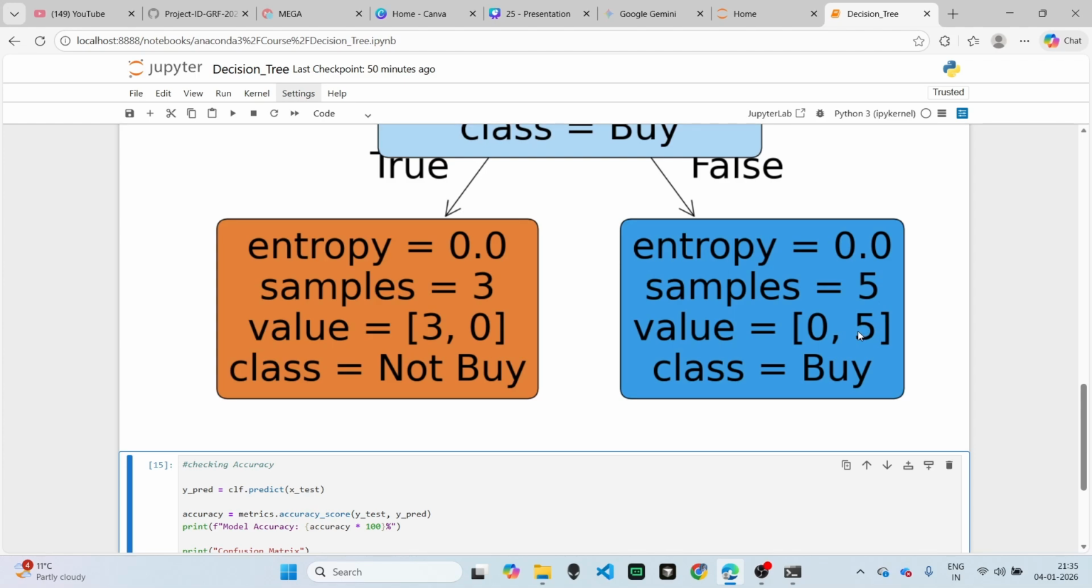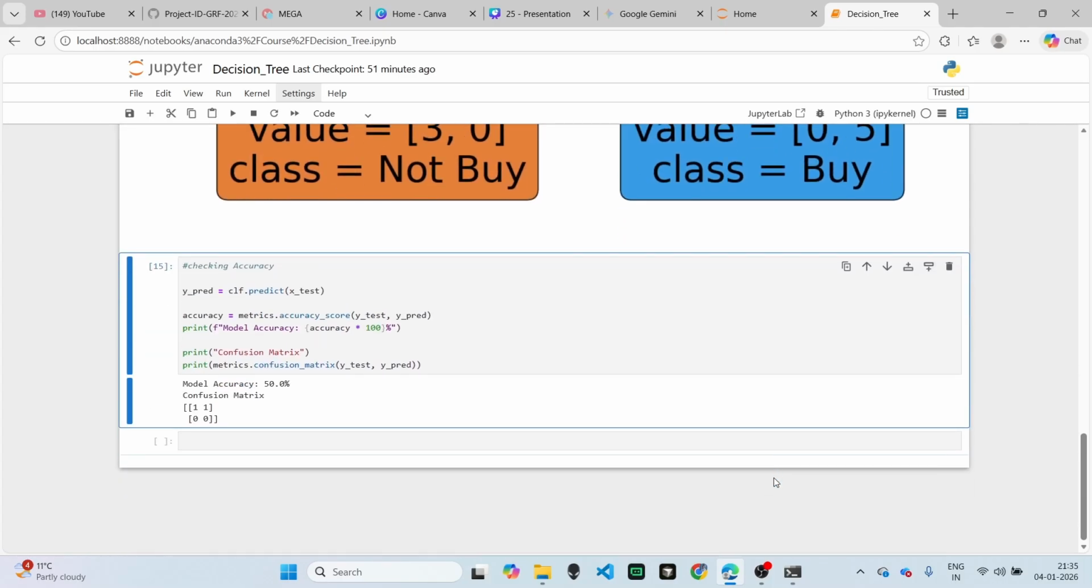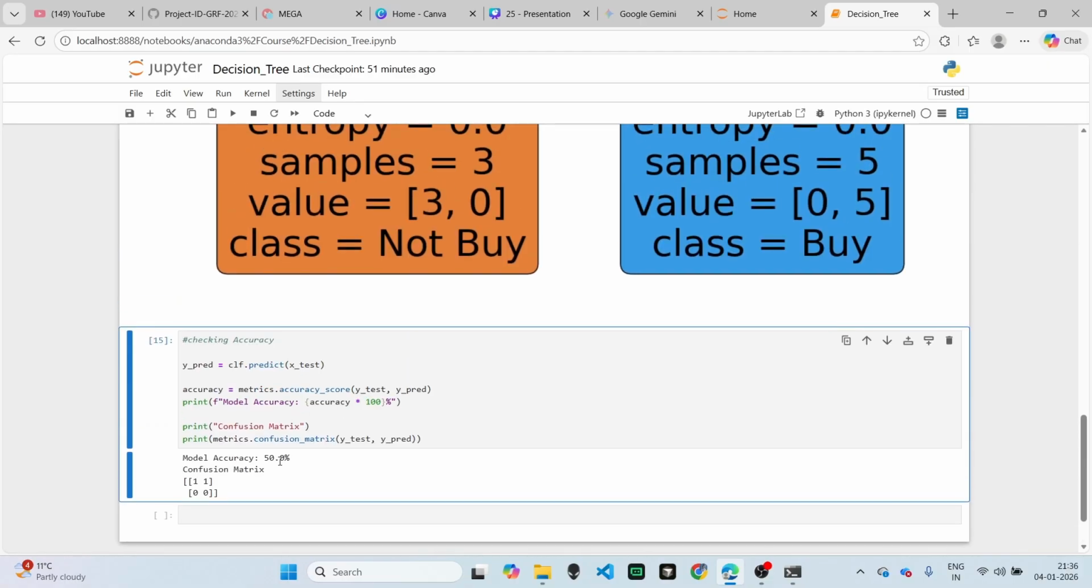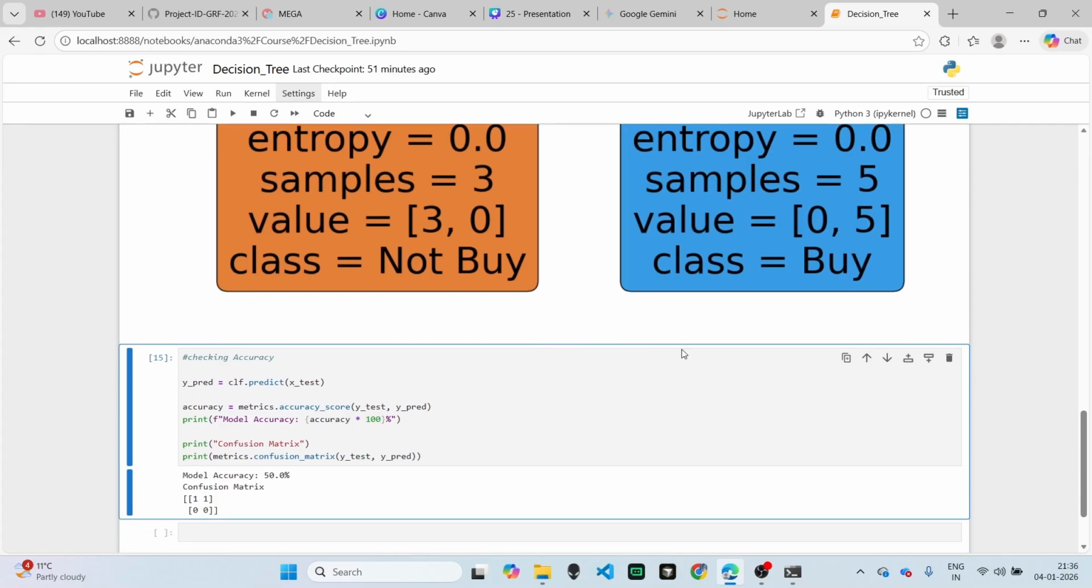As you can see, we have simply eight rows, or eight different customers, for training our model, in which five are false and three are true. Two are not buying and three are buying. For the remaining two in testing, the model is giving both of them as buy, because the majority of the training data is this buy class. That's why